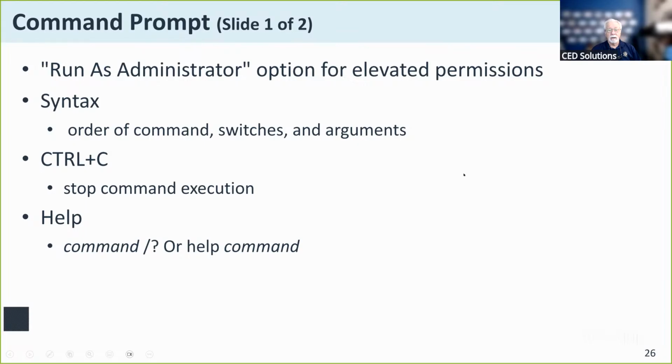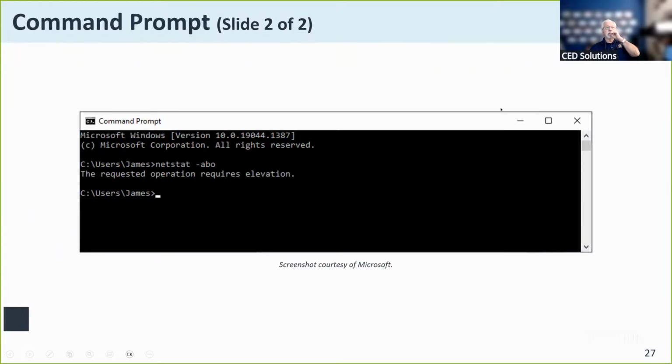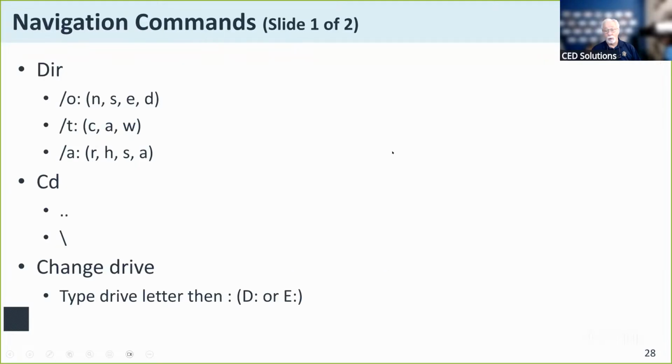There are some commands that when you execute them, they just keep running until you tell them to stop. And the stop execution is this sequence right here, your Control key plus the C key. There are also some commands that will require administrative access. If you right-click on your Windows Start menu, you remember we looked at the power menu there, there's a run as administrator function there. So now you have to know the administrator password in order to run those particular commands, or you have to be logged into the system as the systems administrator to have that additional access.